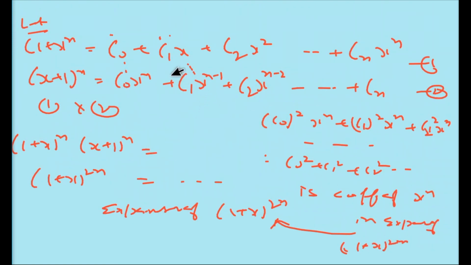Similarly, if we want to find C0 C1 plus C1 C2 and so on, that is the coefficient of x to the power n minus 1. Similarly C0 C2 plus C1 C3 and so on, that is the coefficient of x to the power n minus 2. So this way, using this you can do more questions. Okay, so